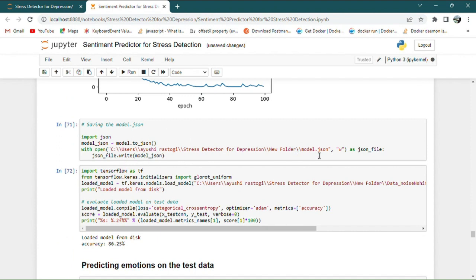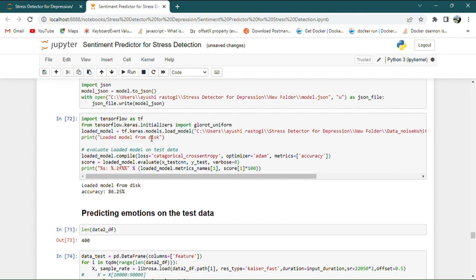Save the model and .json file. Okay, the new folder which I mentioned will save our model after training. It will save the model by JSON file in this folder. Now we